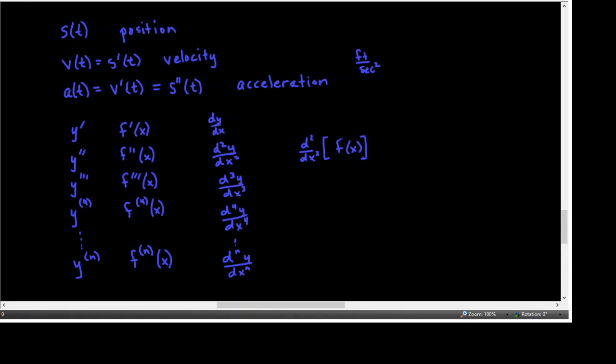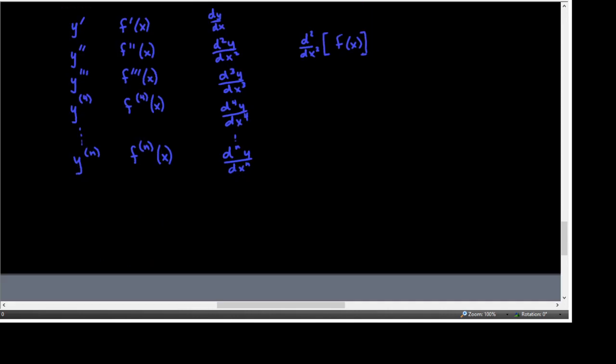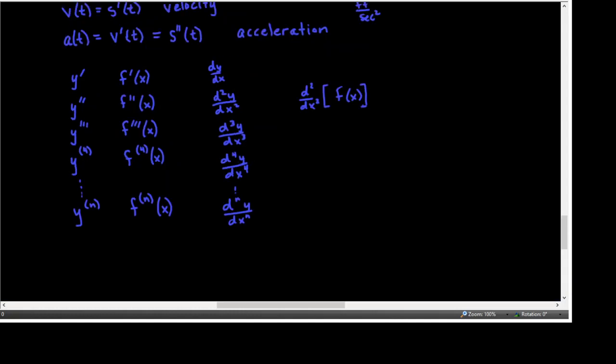Okay, so let's talk about the moon. Because the moon has no atmosphere, a falling object on the moon encounters no air resistance. In 1971, astronaut David Scott demonstrated that a feather and a hammer fall at the same rate on the moon. The position function for each of these falling objects is,